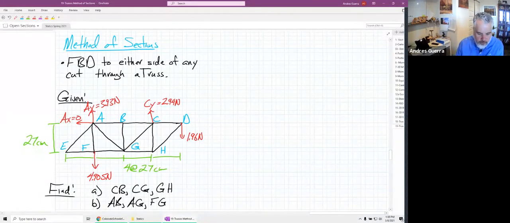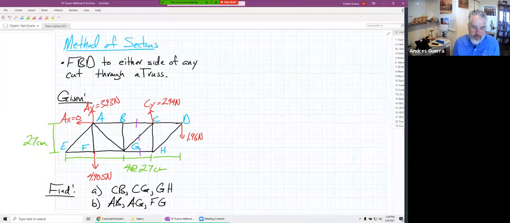Let's take a look. I'm going to mark what they're asking us to find. CB, that's this one right here, and I would encourage you to mark that as well on your notes. They want us to find CG, which is this one, and they want us to find GH. Now, if we did this with method of joints,